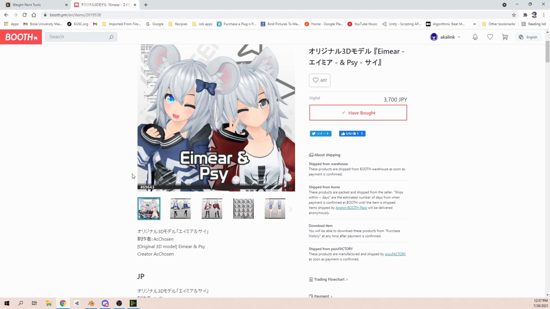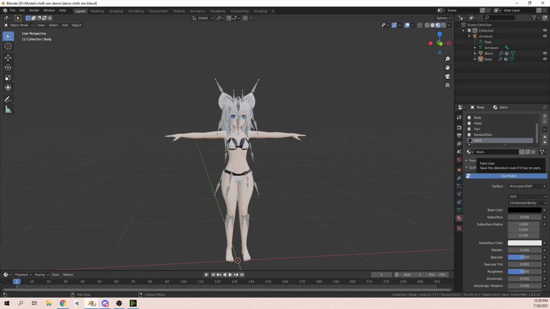With the outfit we'll make, it's not too different from what the model comes with. So I recommend just following along with your own. But I'm going to go through pretty much all the steps and also try to cover some of the pitfalls that will happen. So the first thing we'll want to do, before we even start thinking about cloth, is